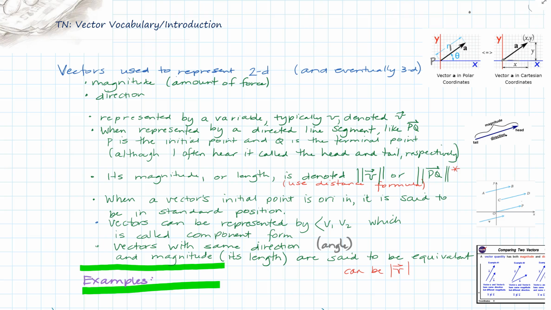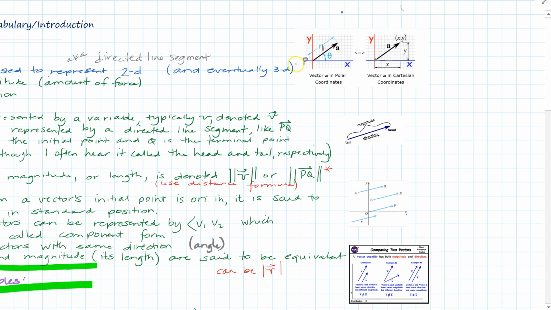These vectors, they look like line segments. And as a matter of fact, you can call them a directed line segment. So I've added that there, also known as directed line segment. And they are expressed in a couple of ways. Now we're going to be looking at them geometrically and algebraically. But here are the same. It's the same